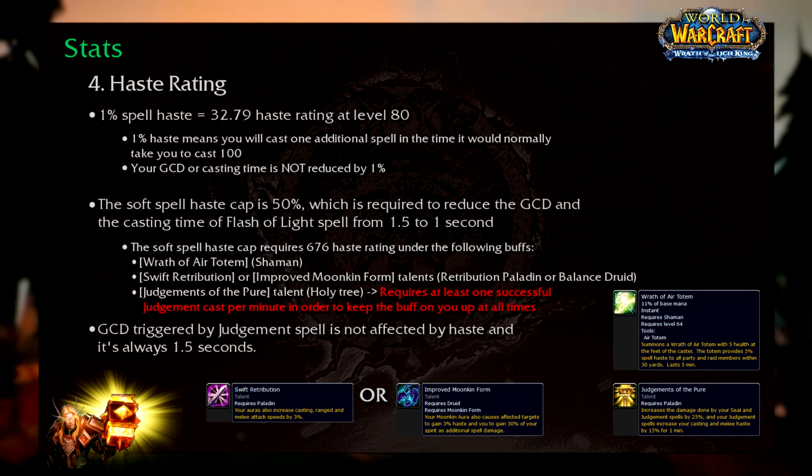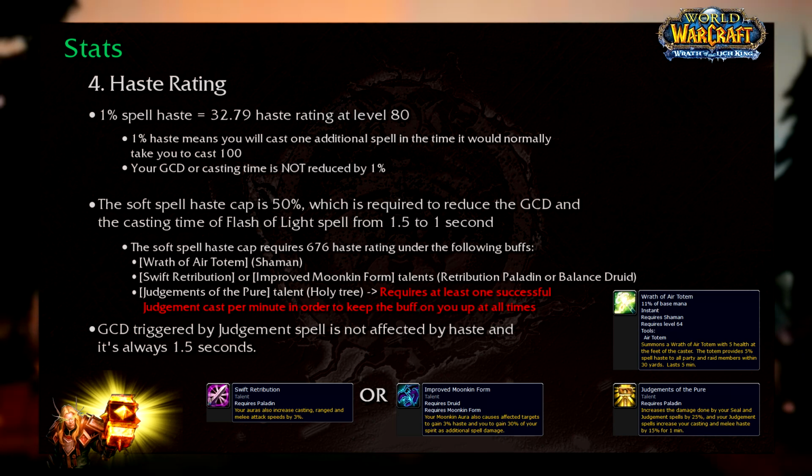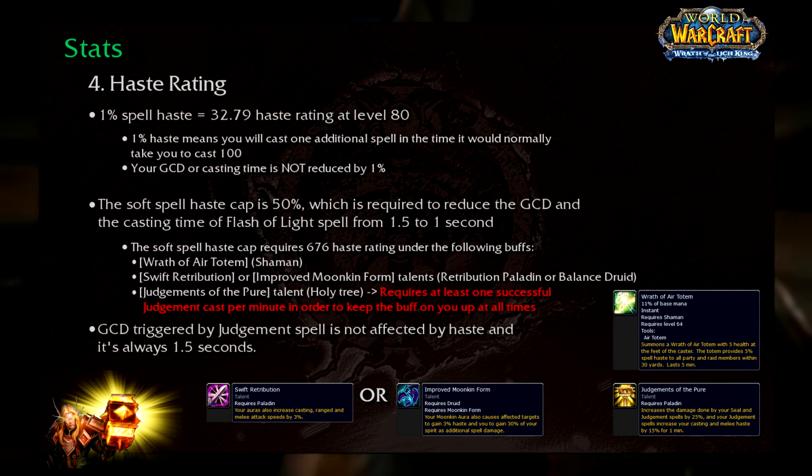The game has a built-in 1 second global cooldown. That's the reason why you cannot use your instant cast spells as fast as you can spam them. All casters have a built-in base 1.5 second global cooldown, and in order to get it down to 1 second, a 50% total spell haste is required. I'd like to point out here that the global cooldown triggered by Judgement spell is not affected by haste, and it's always 1.5 seconds. For Holy Paladin, a 50% spell haste is achievable with 676 haste rating, considering you're affected